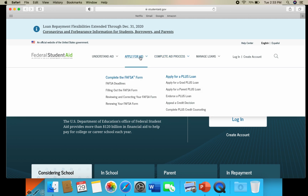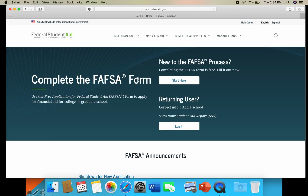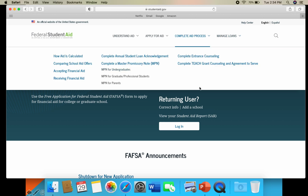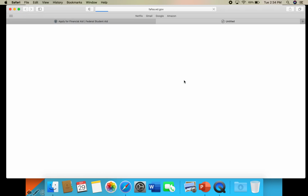So in order to apply for the FSA ID, you're going to be underneath the Apply for Aid tab, and you want to click on Complete FAFSA Form. Here, it will bring you to, if you're new to the FAFSA process, where you'll create the FSA ID, or if you're a returning user, this is where you will plug that information in once you create the FSA ID. But since we're new and we need to create this ID number, we're going to start here,